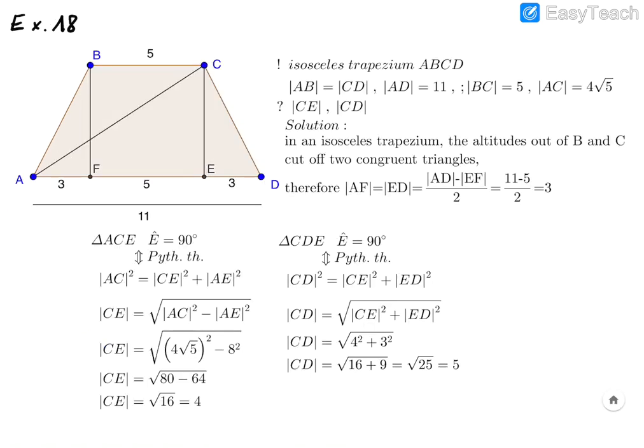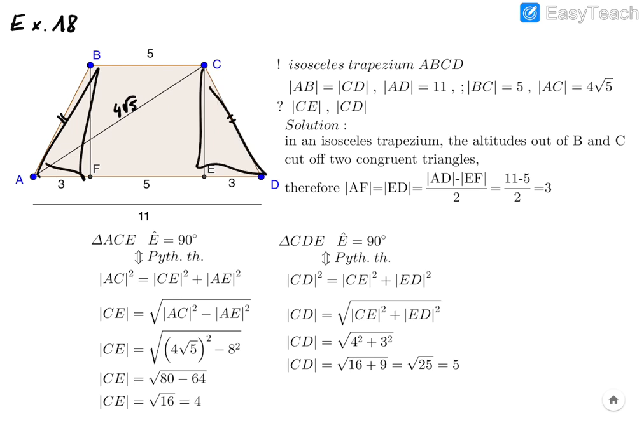For exercise 18, an isosceles trapezium. An isosceles trapezium means that the rising sides are of the same length, AB and CD. We also have many elements given, and we know that this is 4 square root 5. Now, the most important thing is this. In an isosceles trapezium, the altitudes out of B and C cut off two congruent triangles. So these triangles are each other's